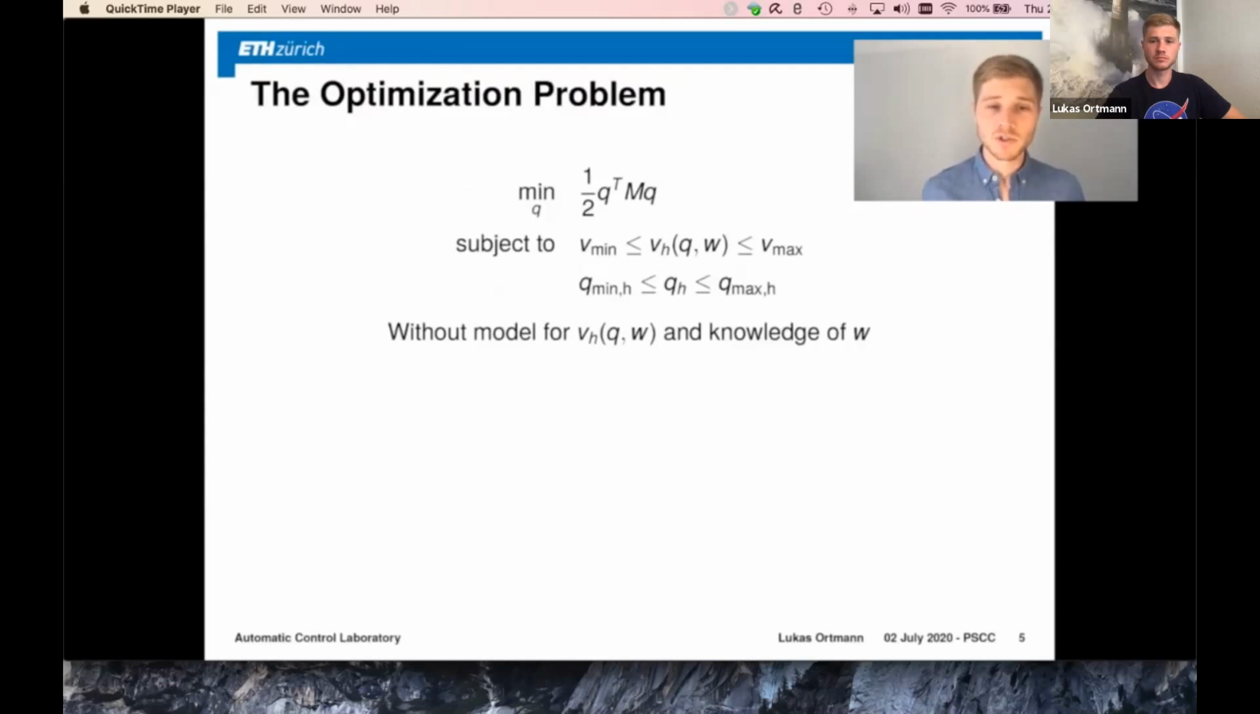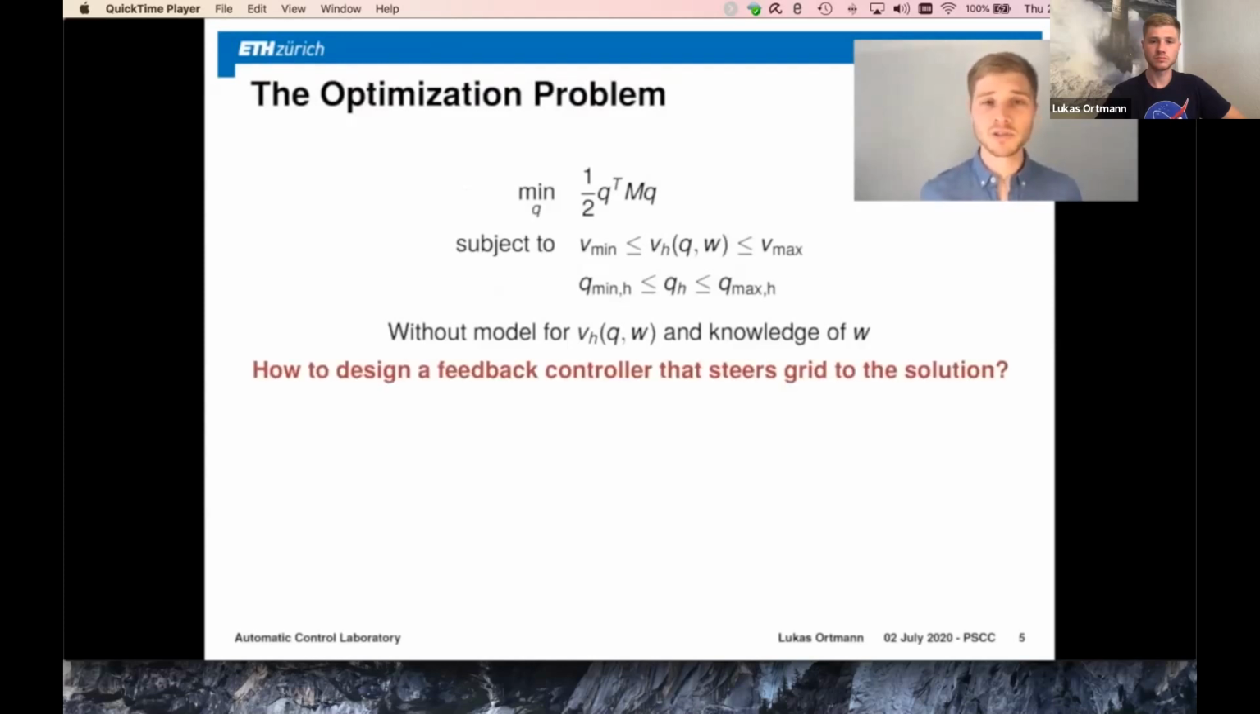But as I said, we do not have a model of how the voltages depend on Q, and we also don't know anything about W. And here W is the reactive power and the active power that is flowing through the grid. And now the question is, how do we design a feedback controller that steers our grid to the solution of this problem? And the solution to that is feedback optimization,